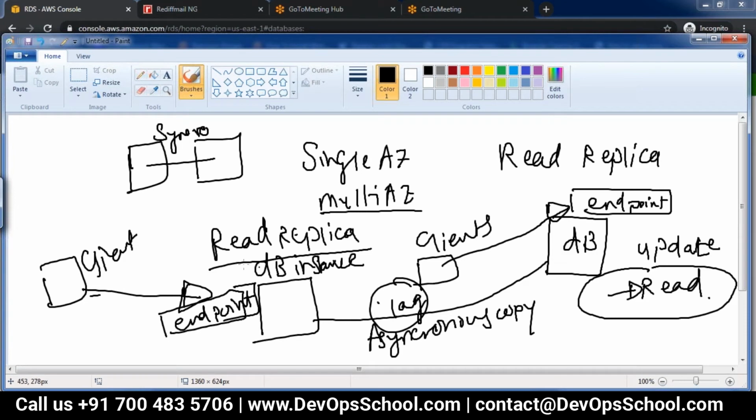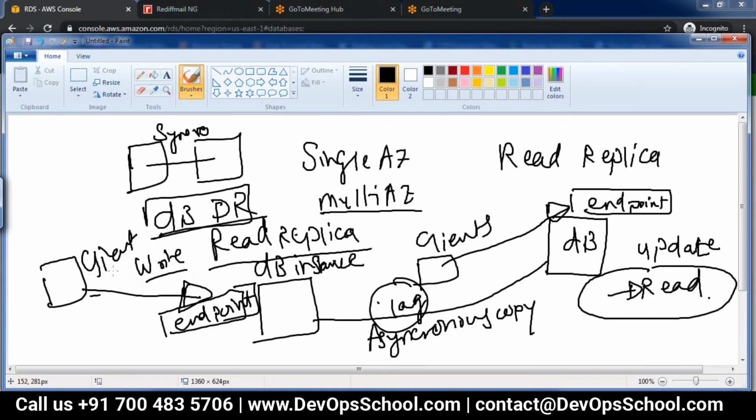Okay. Now this read replica can be created across regions also. Suppose I'm working in North Virginia and I create a read replica in Ohio. So the replication will happen there. So it is a kind of a database DR that you can set up. Now in the read replica, the write queries are not allowed, right?